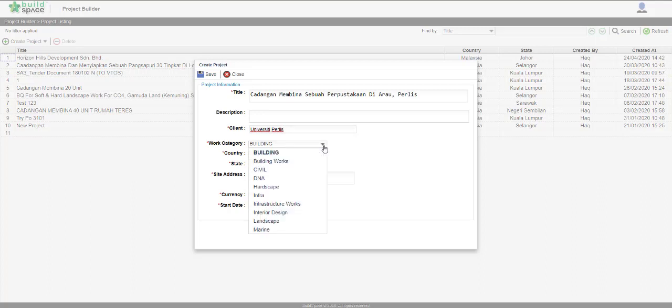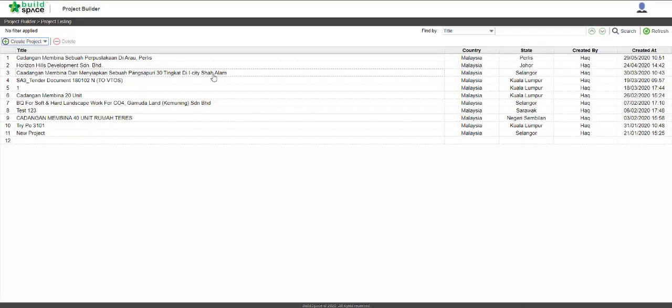Proceed to the work category, which in this instant we choose building, the country, state, the site address, currency and start date. When finished, click on the save, and we can see the project is available at the top right here. So simply double click on the project,